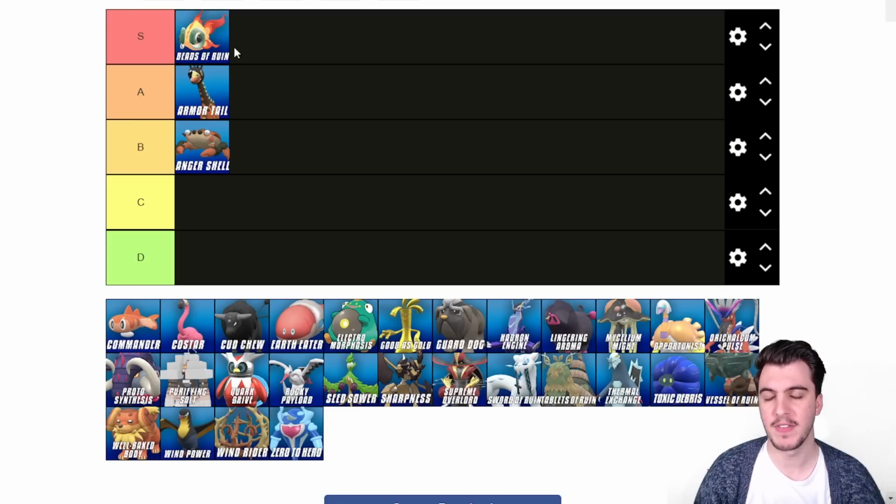And Beads of Ruin definitely facilitates a game plan like that. Next up is going to be Commander. So Commander is interesting because it literally only works with Dondozo, and I'm going to put it because of that